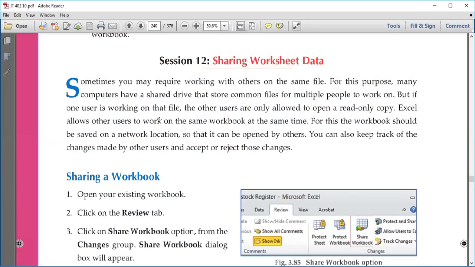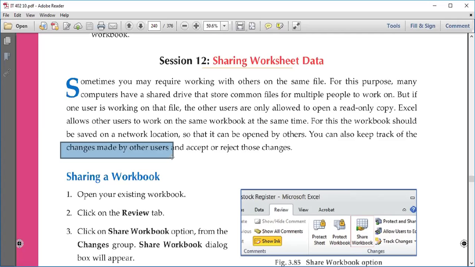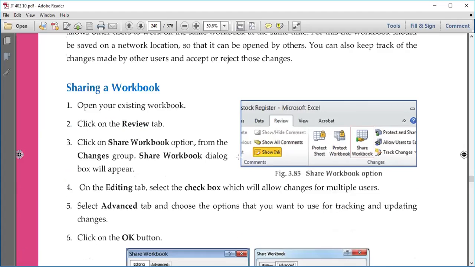But in Excel we have, Excel allows other users to work on the same file at the same time also, right? So Excel make option है sharing of workbook का, from there in a network many people can work on a single file, right? And you can also keep track of the changes made by other users. You can see कि what are the changes made by other users, right? उसके लिए restrictions हम लोग allow भी कर सकते हैं उनको, check भी कर सकते हैं, और restrictions लगानी है तो वो भी लगाई जा सकती है.